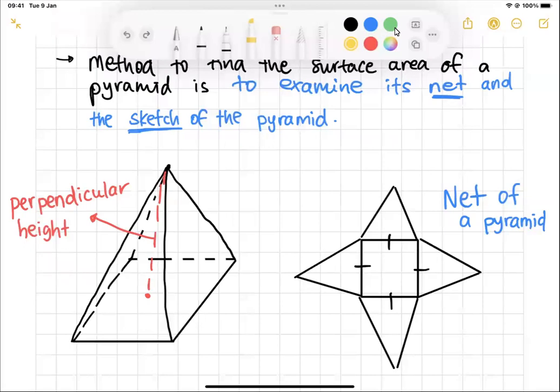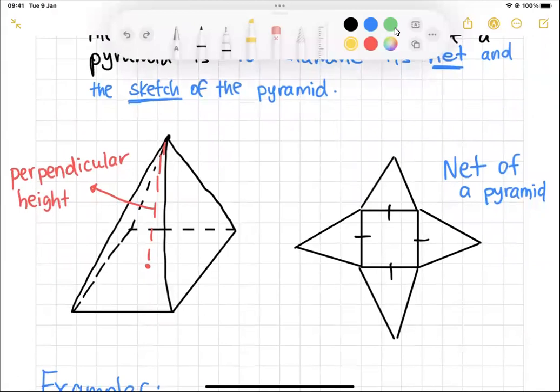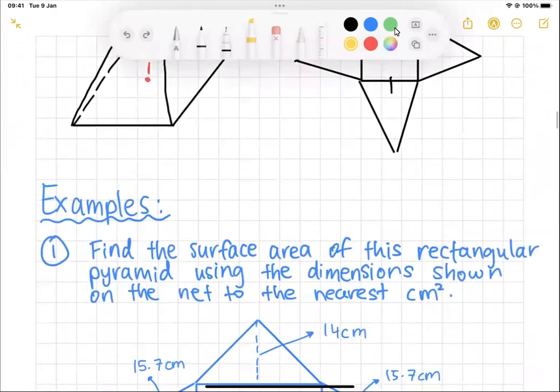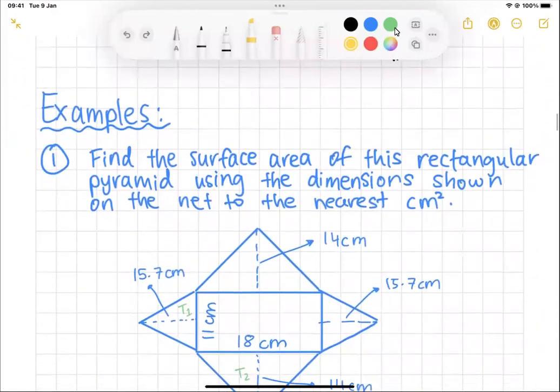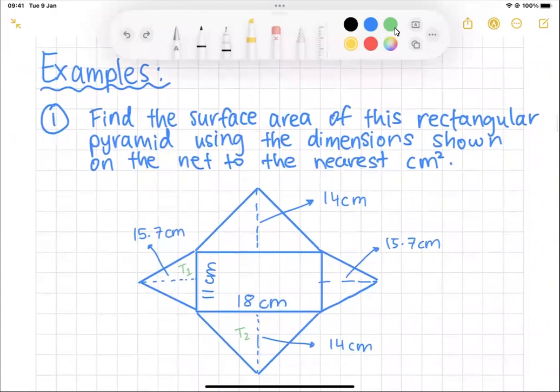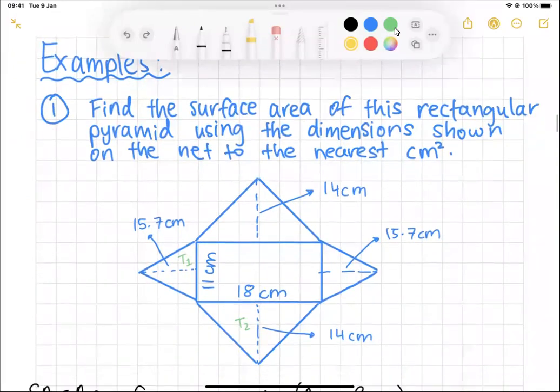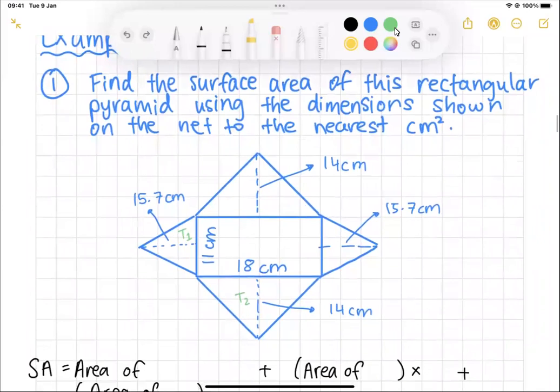Then on my right, I have drawn the net of the sketch of the pyramid on the left here. So a net of a pyramid basically consists of basic shapes that we know the area formulas to. So for example, triangles and a square. Okay, so those two things are two methods that we will use to figure out the surface area of a pyramid. First example, find the surface area of this rectangular pyramid using the dimensions shown on the net to the